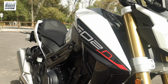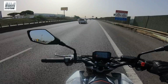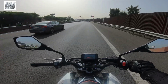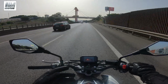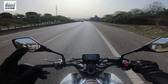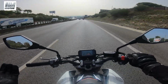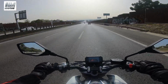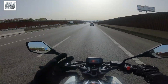I'm on a highway, okay. I'm not pushing the motorcycle too much because it only has 366 kilometers, so I am not allowed to rev it too much, but I can tell you that 120 it can go fine. It can go a little bit more than that, but again, being a naked, you'll catch all the wind in your chest and everything. I'm just gonna push it until the 120, and you can see how easy it can reach those speeds, okay. It's really easy to reach those speeds without any effort, which means I can travel with it, I can commute from home to work, I can do everything I need